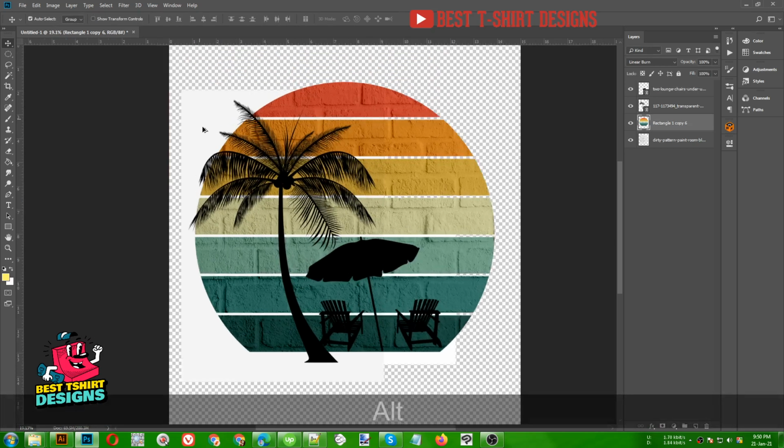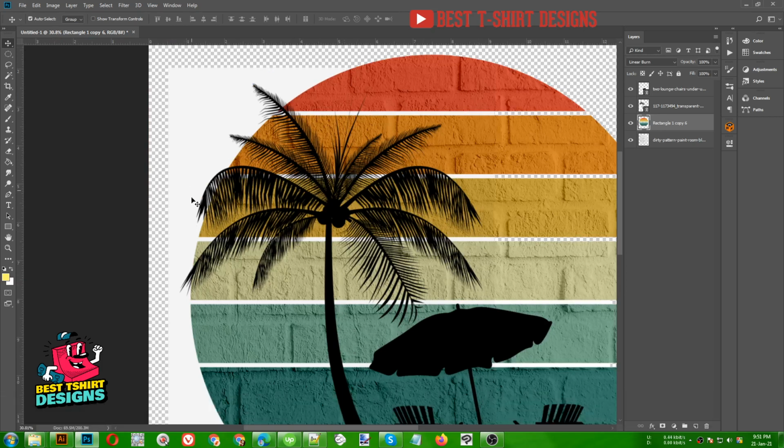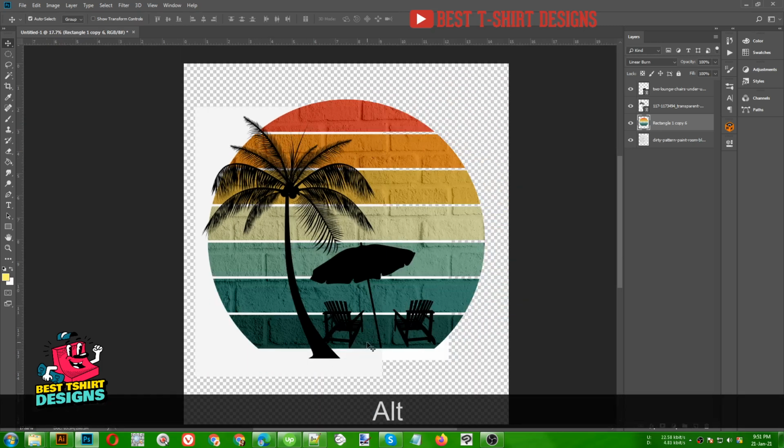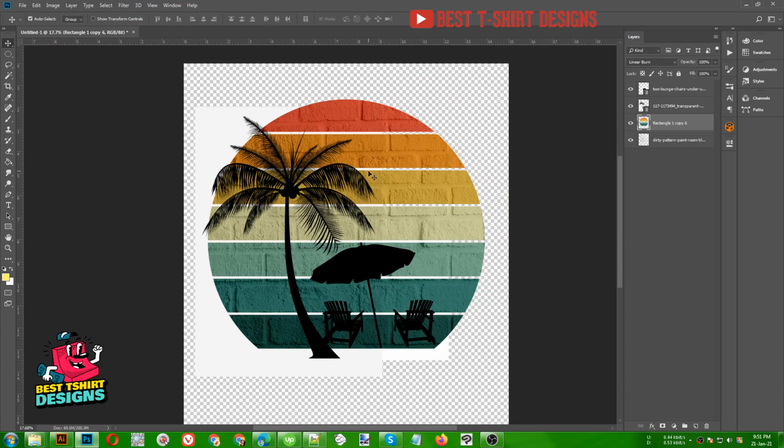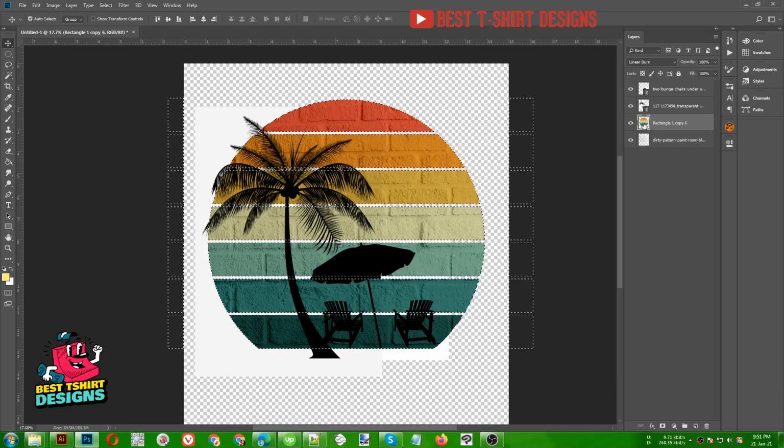But as you can see, where there is no graphic for these images, there we can see the whites. So this is really multiplying with the colors of the layers where we have something, but where we don't have anything, the white is visible, and we don't need that. We don't want any extra thing to be in our design. So for fixing that, I am going to again Ctrl click on this layer thumbnail. It is going to select those rectangles.